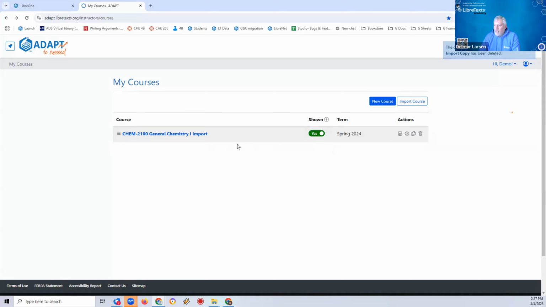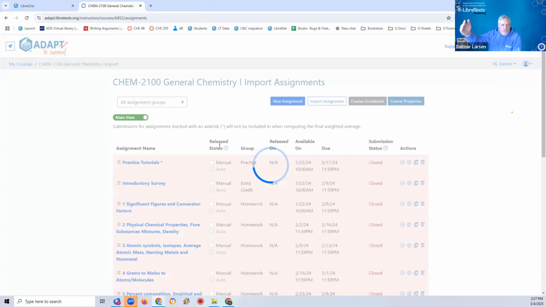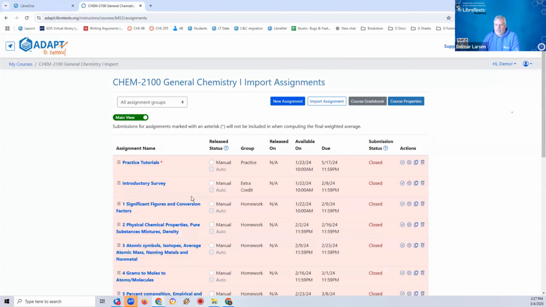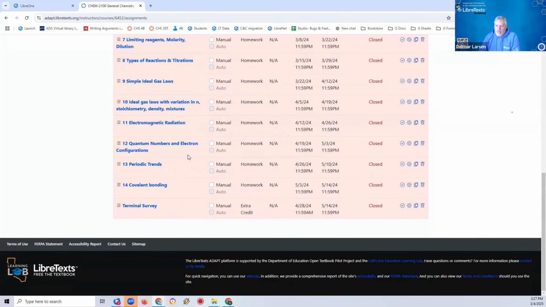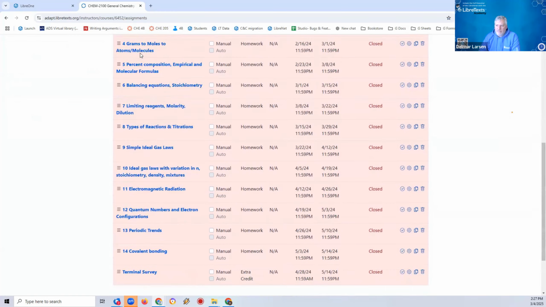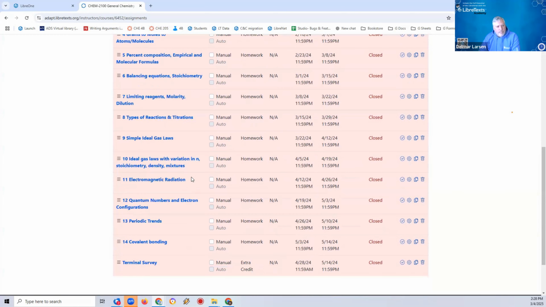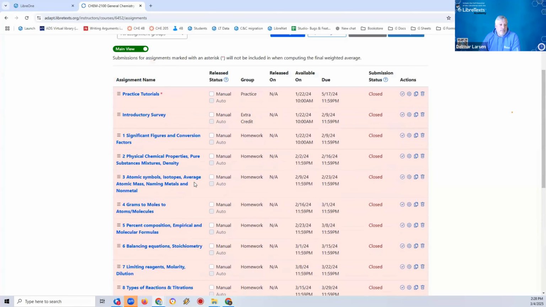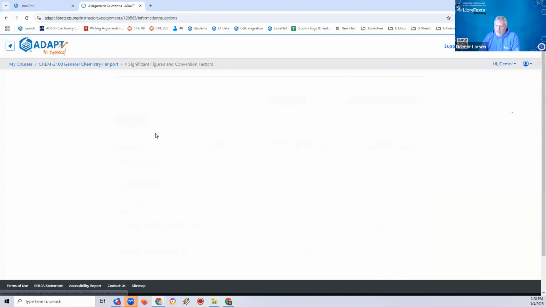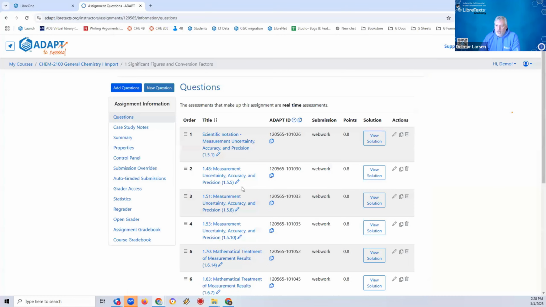So fine. I've made it so this course is viewable. I go in the course. Remember, I have courses, assignments, questions. So here are the assignments. And like I said, there are 15 assignments. There are a few surveys associated with getting some information regarding the grant that Larry Meek had. And you'll notice that they're all red, which means they come in not being viewable for the students. And I can click on any of them to see the questions that are there.